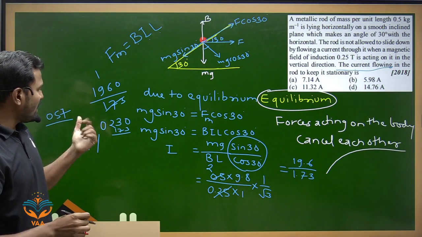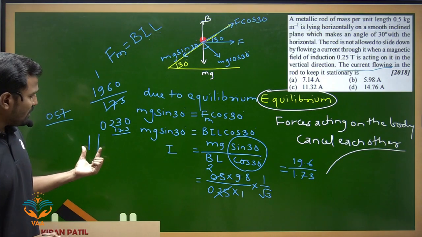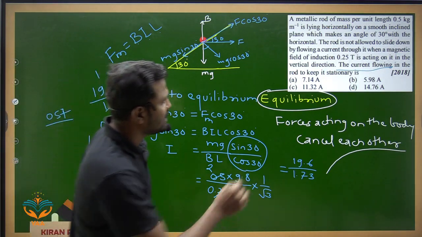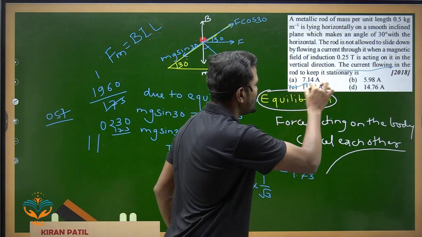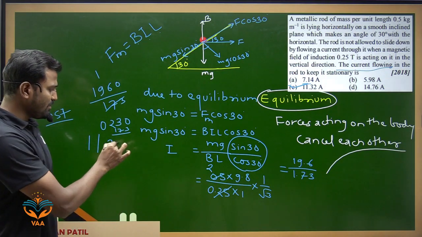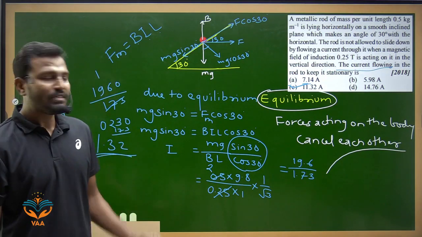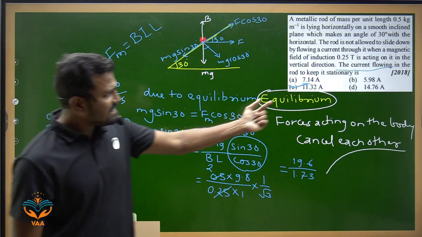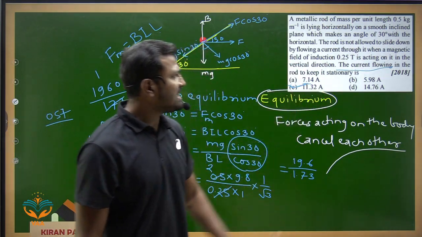57 is remaining. So let us leave that. So how much? 11. So concerned option, concerned check, yes. So this will be the concerned answer, 11.32. If you simplify this further, it will be 11.32. I have solved this till 11. Further, if I want to check with 11, I got the answer, so there is no issue.